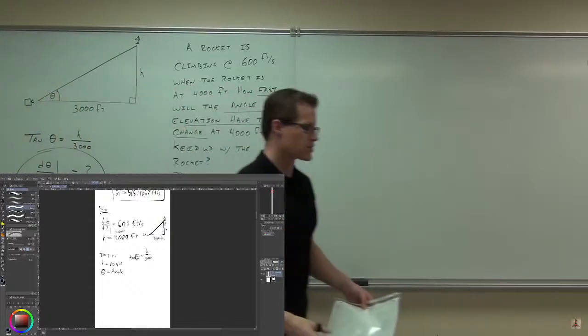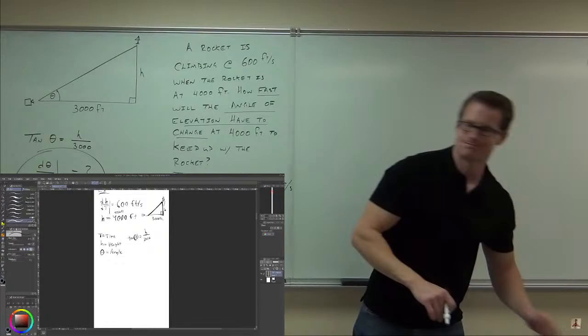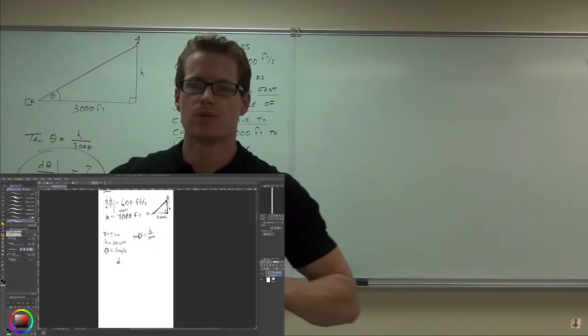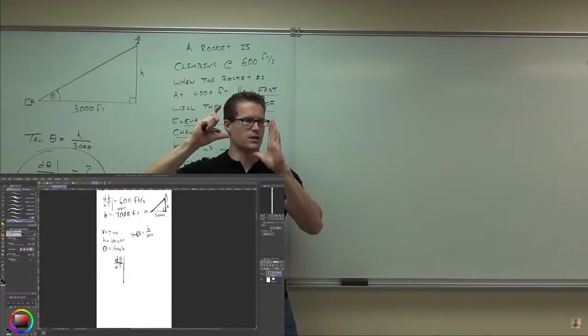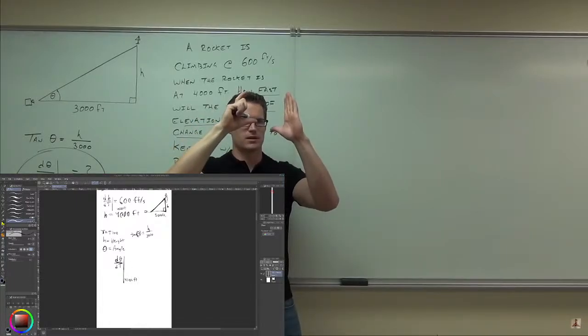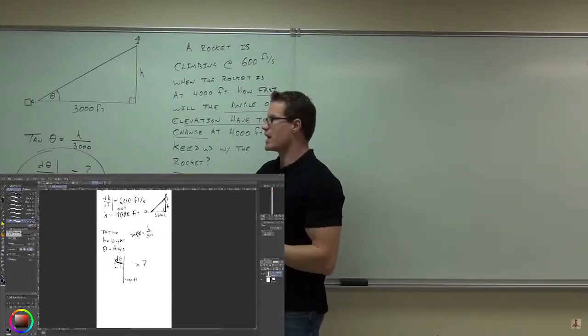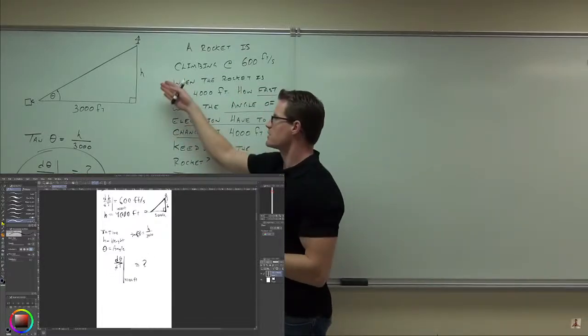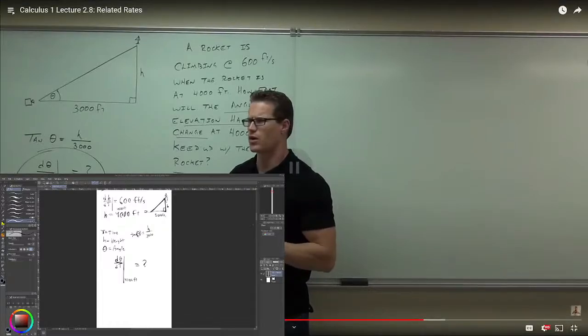I'm going to recap just a little bit to hopefully go through this with you one more time. Usually you can have a picture, something to do with the picture. Here we have a triangle because we're launching a rocket, and we have this angle of elevation where the camera's watching the rocket go up, hopefully keeping it centered in the camera space. Are you with me on this? So we identify everything that we need. We have our height, we have our angle, we have our time. Come up with a formula that relates those things. That's really on you guys. The formulas usually aren't